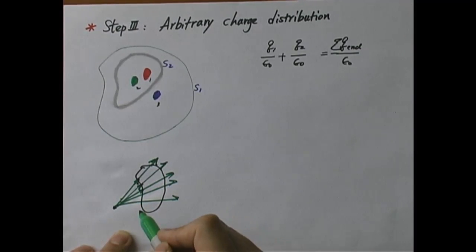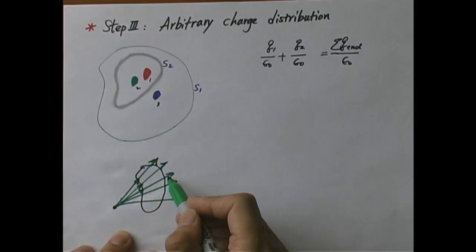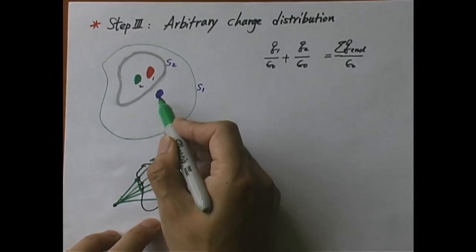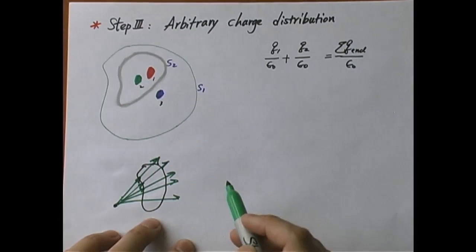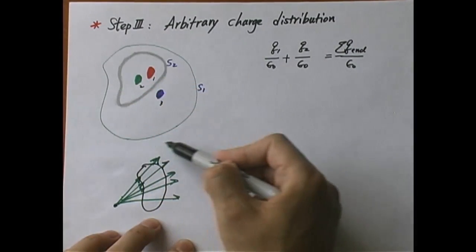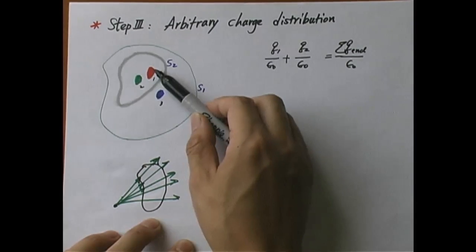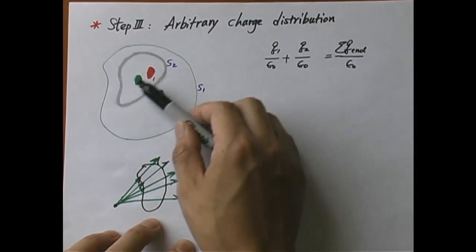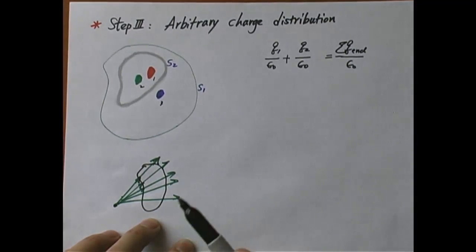So when you have a charge outside, it will change the electric field everywhere, but it will not produce a net contribution to the flux. And therefore, this charge does not matter when it comes to electric flux for the surface S2. However, if we wish to consider the electric flux for S1, I must consider both contributions from these two and the contribution from that one, because all of these three charges are now enclosed by our new Gaussian surface. So overall,